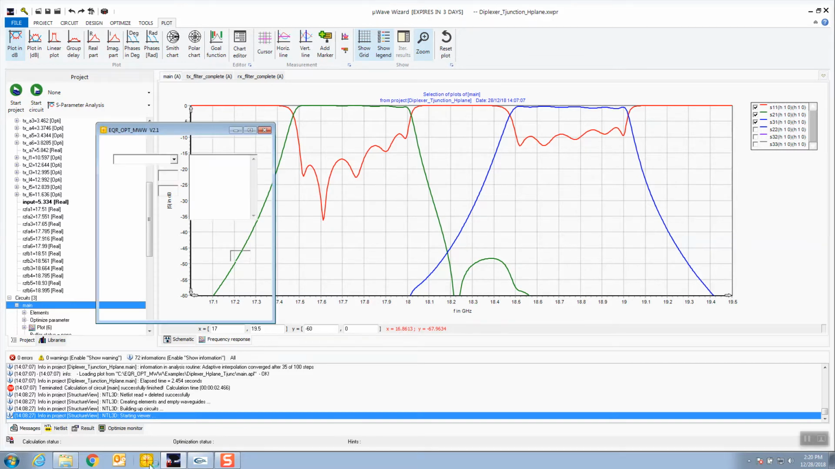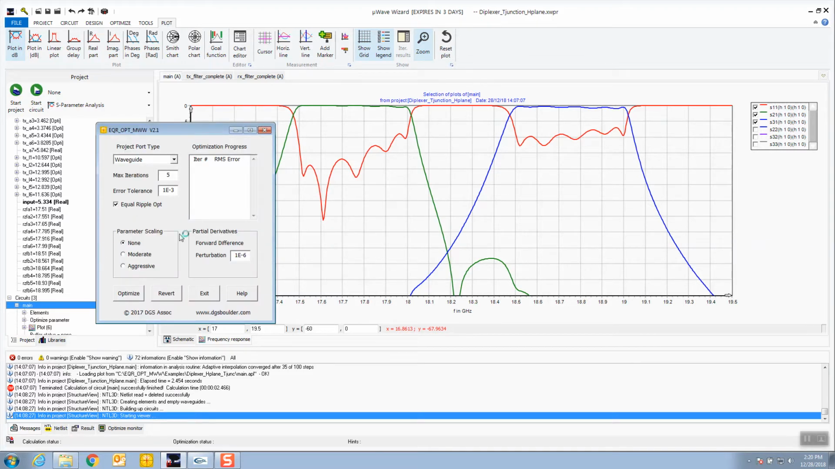So if we bring up the optimizer, again, the interface is very simple. There's very little to adjust here. The real key to communicating with the software is the list of the reflection zero frequencies. So if we start the optimizer running,